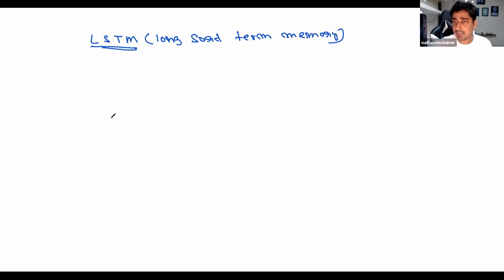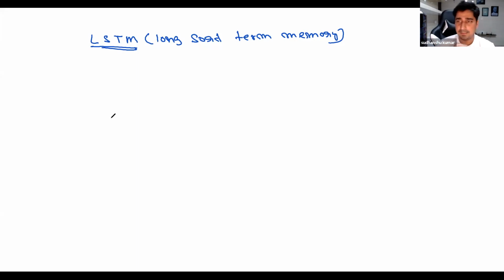LSTM and GRU architectures are very important. Going forward, based on this architecture itself, we are going to learn encoder decoder as well. Even transformers, encoder, decoder, many things you will be able to understand based on this particular architecture.